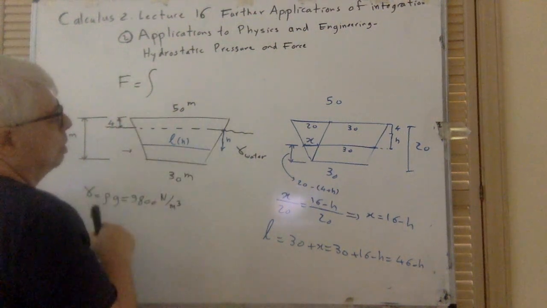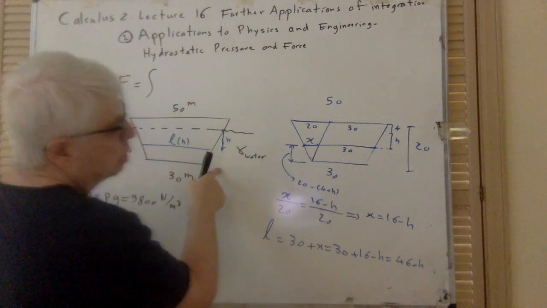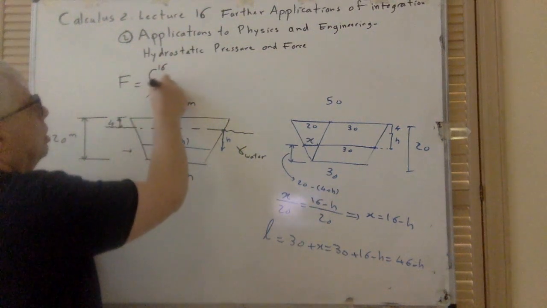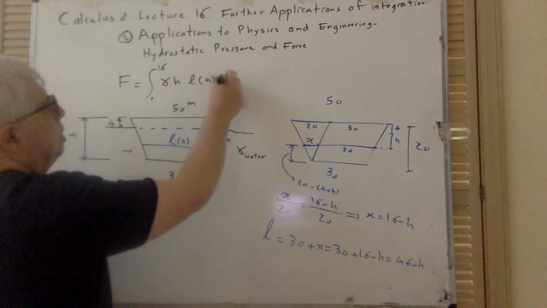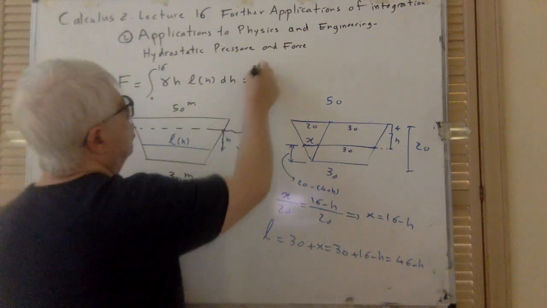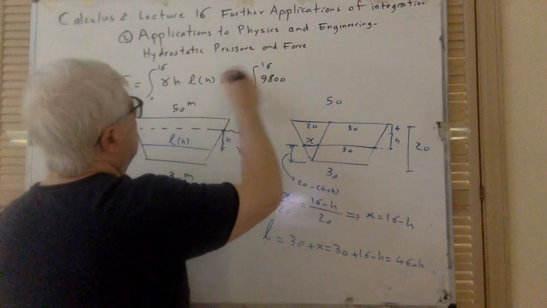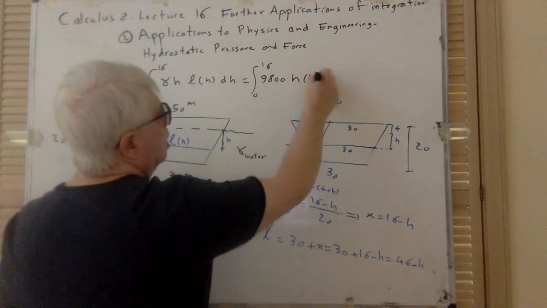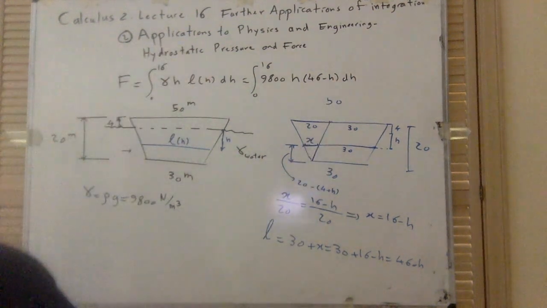If I start here, h goes from 0 to 20 minus 4, that is 16. So h goes from 0 to 16, and gamma h times L(h) times dh, right? So that was P L dh, from 0 to 16. Gamma is 9800, L(h) was 46 minus h, and dh. Okay, that gives me